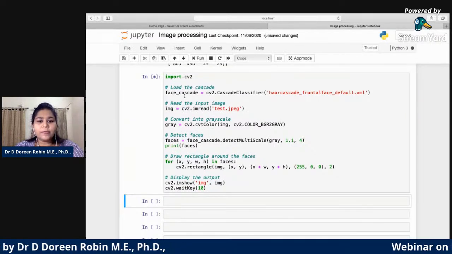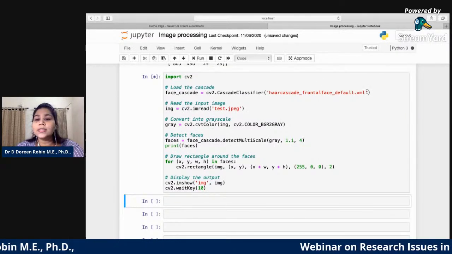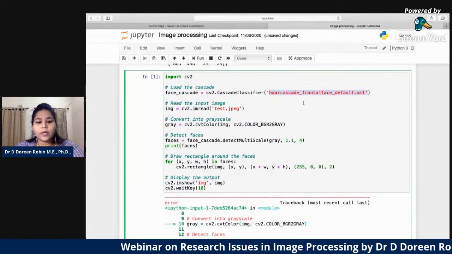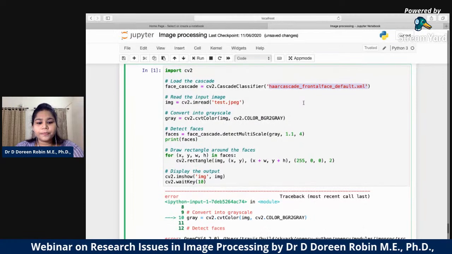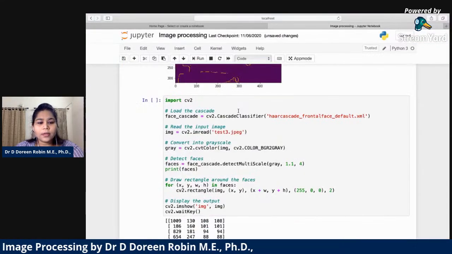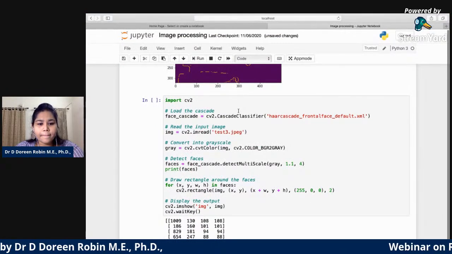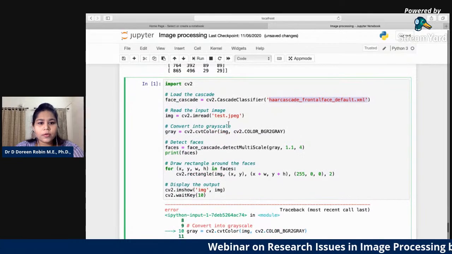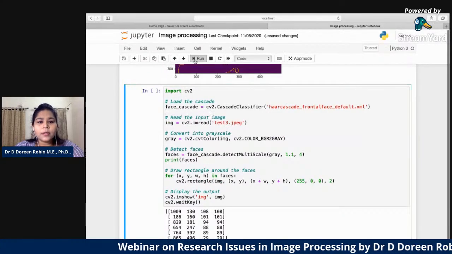I'm importing my CV. Here I need to have this existing Haar cascade frontal face. It detects the face. Sorry, oops, I'll run this.